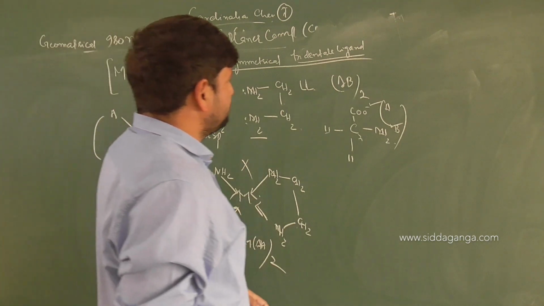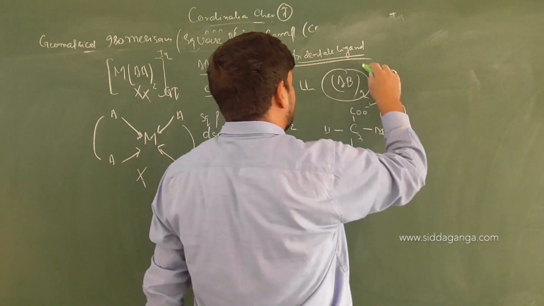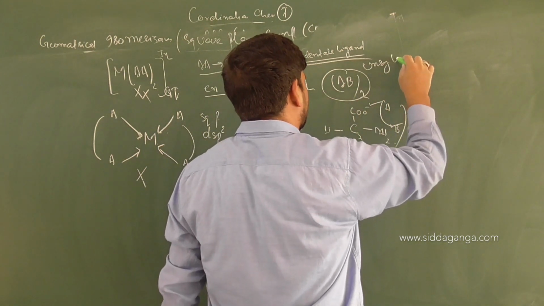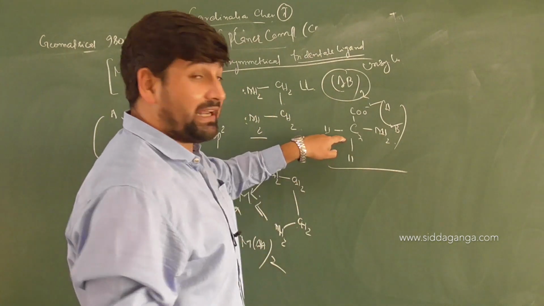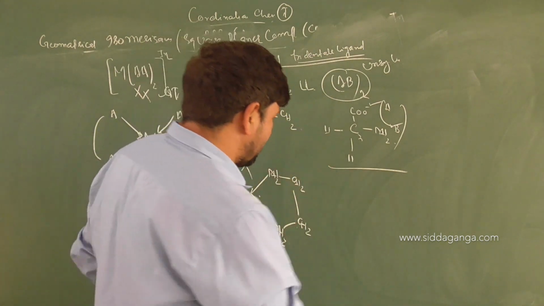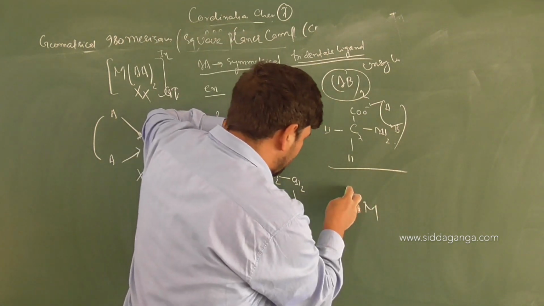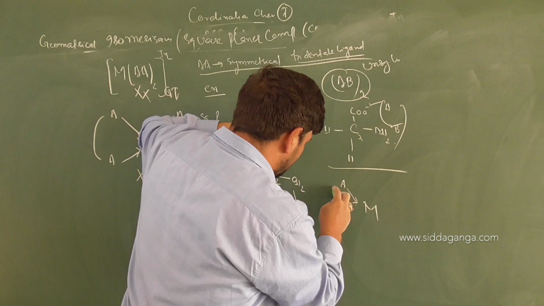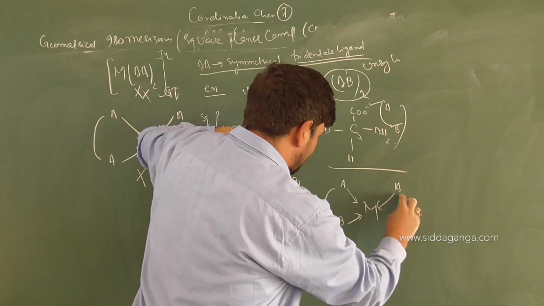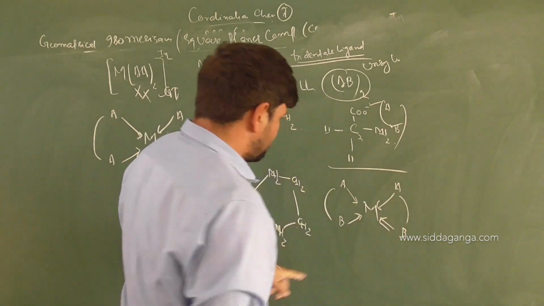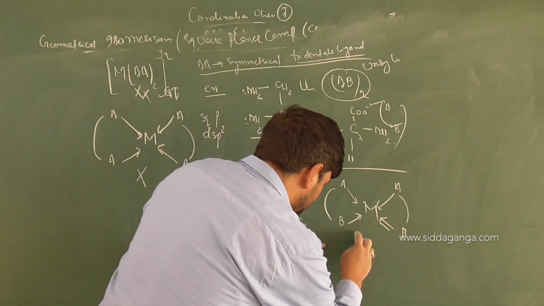Let us look at a bidentate unsymmetrical ligand. Then let us see how the discussion would look. This is glycinate ion for us, right? So we can write down metal atom, AB. Have a look here. It will be A here, then B here. Here it will be A again, B here. So what is this conformation? A and A, B and B on the same side, so this will be cis.